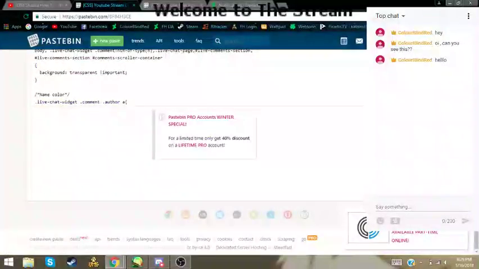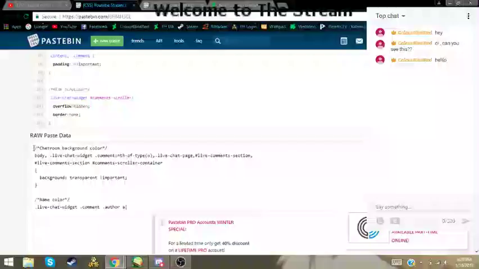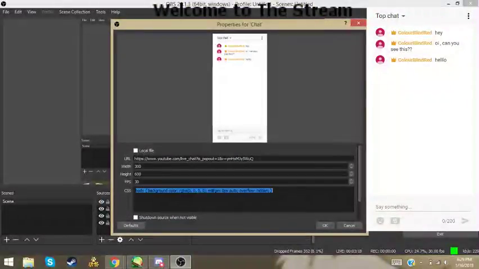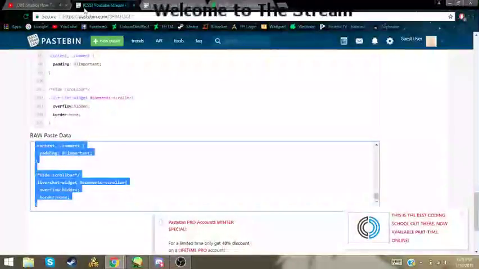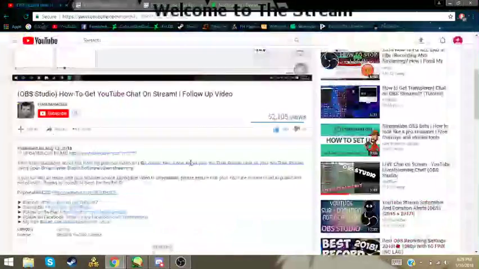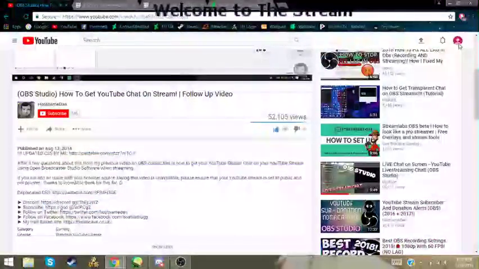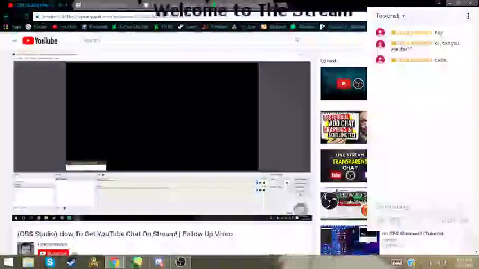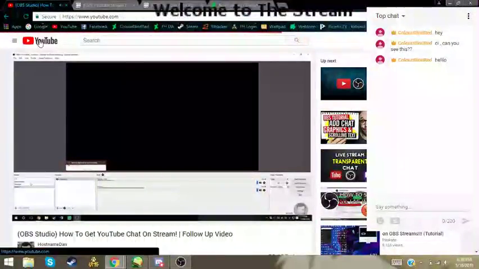So now we have, as you can see, a small chat box that looks exactly like the window we had open from YouTube. Because we don't want it to look like that, and we actually want it to have other properties, such as not showing the background and just showing the text and who's written it, we will have to drop in some CSS. That stands for cascading style sheets, and it's what websites use to basically stylize all the elements within a page, and it does that